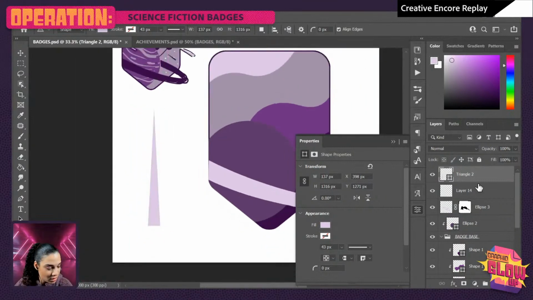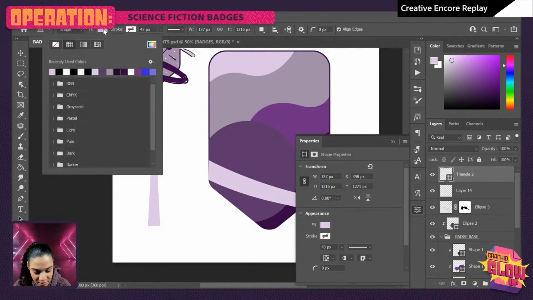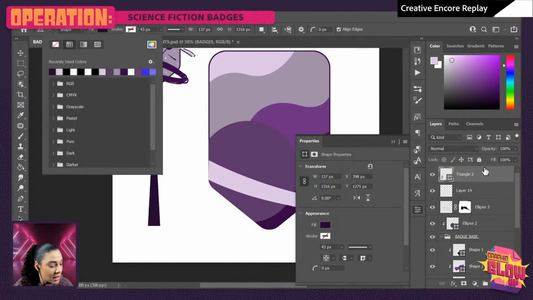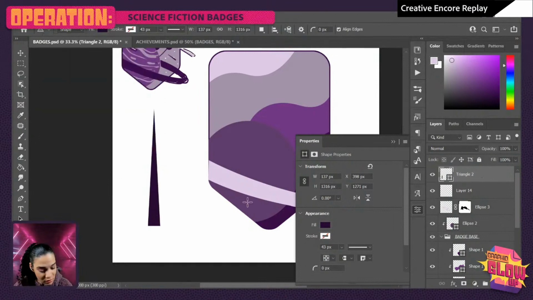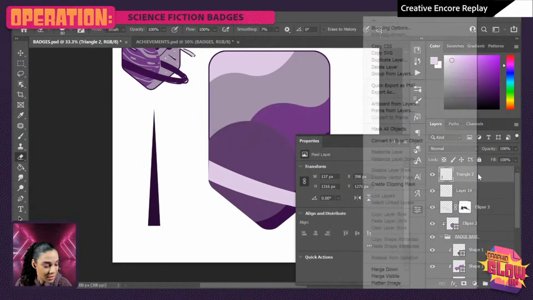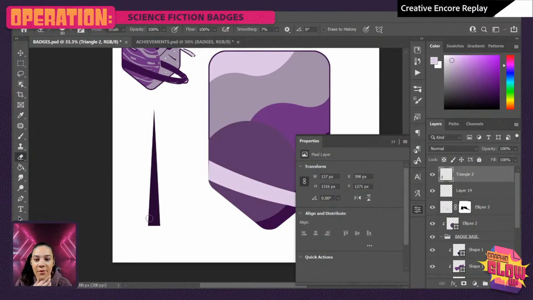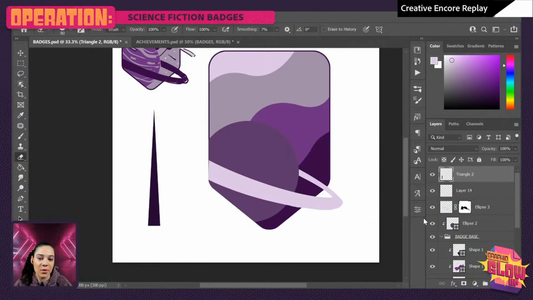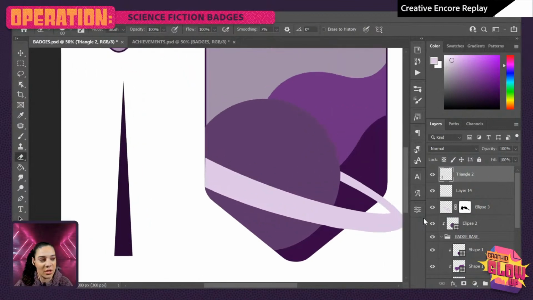So I'm gonna make that skinny, and I'm going to make this darker. Let's make this like a very dark purple. And then I'm just gonna rasterize this. I noticed I didn't actually have to come in here and say rasterize. If you have a layer that's not rasterized, and you click anywhere on that layer with your brush or your eraser tool, it'll prompt you. It'll say you can't do this unless you rasterize this layer. Do you want to do that? And then you can just hit OK. So sometimes I just hit E or B on my keyboard to access my eraser or brush and just do a little tap. And it saves me the time of having to go through my